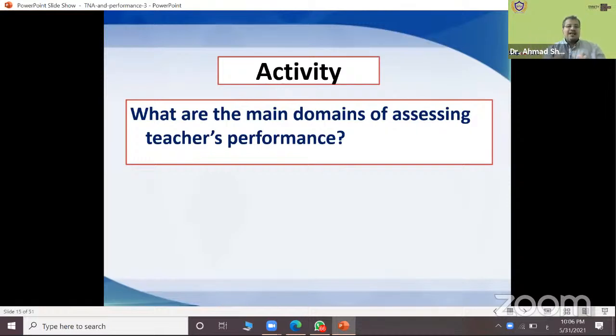So what are the main domains, the main topics of assessing teachers' performance? When someone visits you in your class while you are teaching, he is following some domains, some criteria, some can-do statements. Could you tell me shortly, what are they? Or some of them, yes, in the chat box, please.